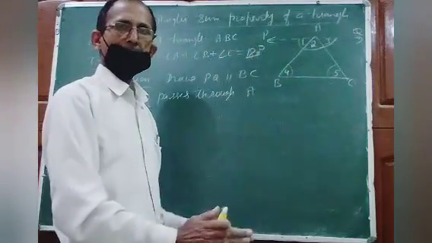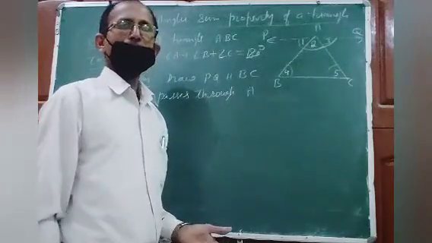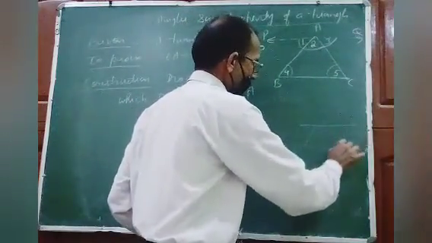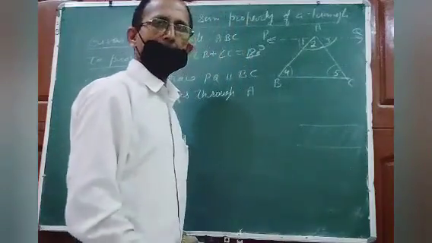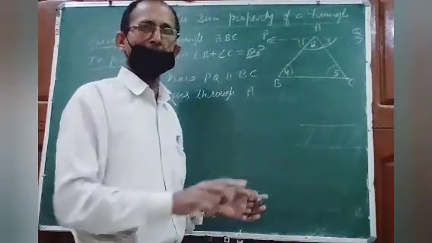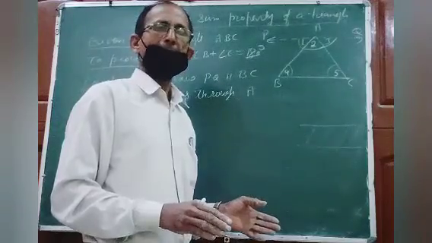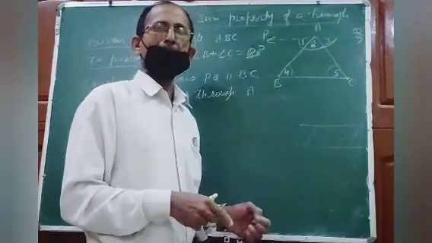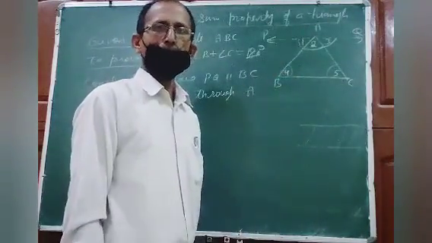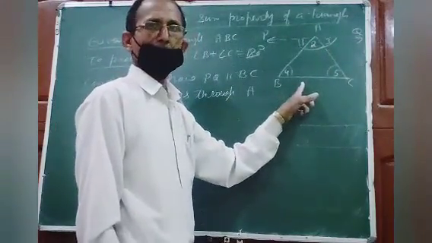Parallel means the distance between two lines remains equal; these are called parallel lines. So if two lines are there, this distance will always remain equal. It means they will never intersect. You know about parallel lines, the lines which will never intersect. The railway track is an example of parallel lines, and the edges of a river are also an example. So these are parallel. It means PQ will never intersect BC.